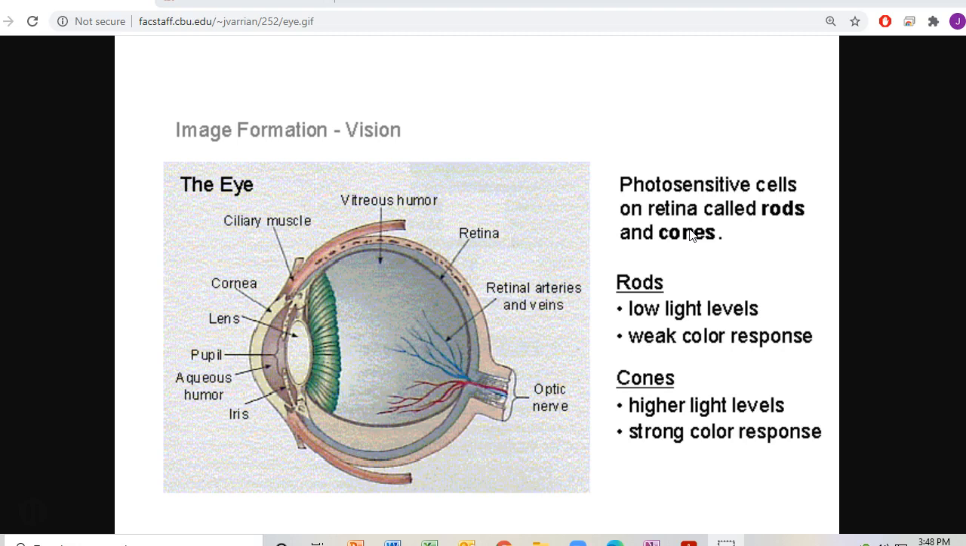You may have noticed at dusk, for instance, colors appear to be washed out a little bit, maybe not as vibrant, and shades of a particular color, like maybe shades of red, are harder to distinguish when you're using your rods exclusively and not your cones. Okay, once the light hits the rods and cones, it generates an electrical signal, right? That electrical signal then travels down along the optic nerve into your brain,